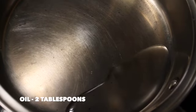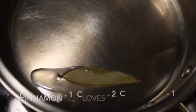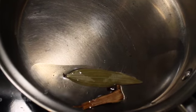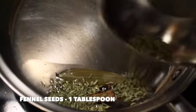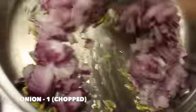Heat another pan and add in 2 tablespoons of oil. Add in 1 bay leaf and 1 cinnamon, 2 cloves and 1 cardamom and 1 tablespoon of fennel seeds. Saute for a minute and add 1 medium-sized onion which I've chopped. Saute for a minute